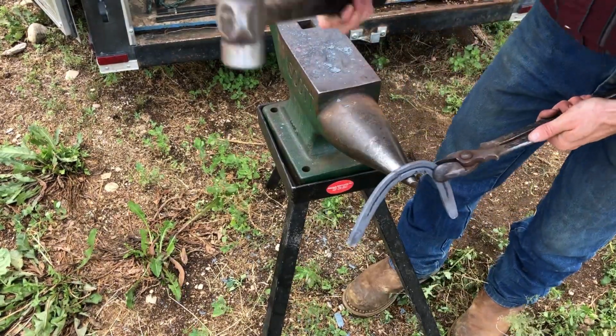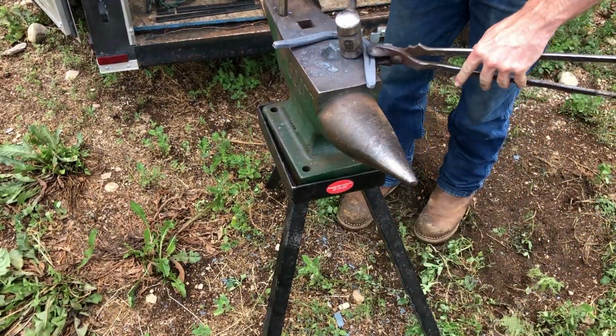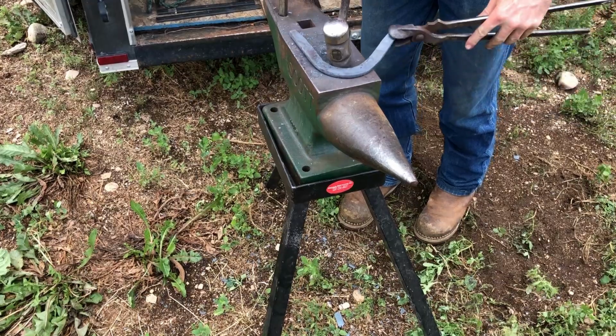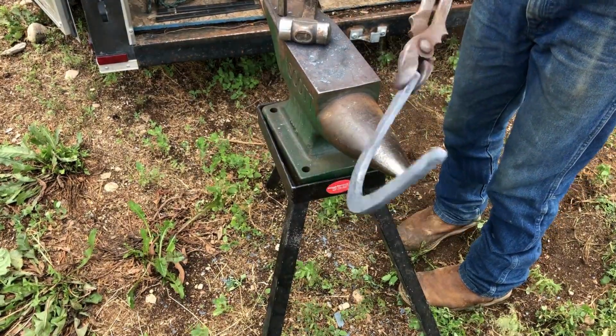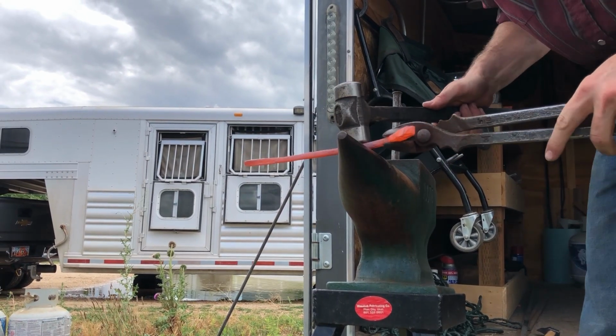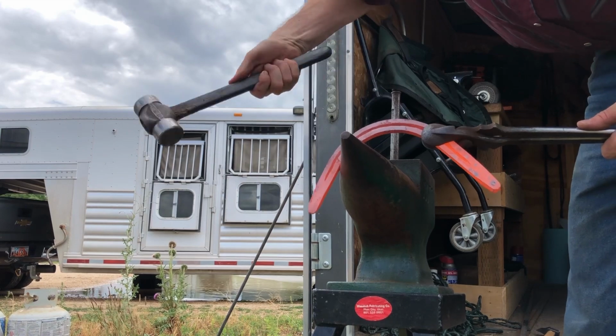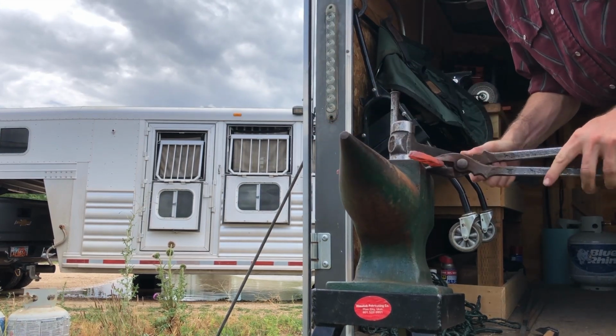I'm going to go about it a little bit differently how I shape these over the horn. For my hind shoe here, I'm going to build a house backwards. I'm going to start out by building a roof, and then I'm going to add on some walls. For my front shoe, I'm going to imagine a circle with about the bottom fifth taken out of the line and then squish it a little bit. And that'll kind of give you an idea of the difference, kind of the mindset to have when you're going